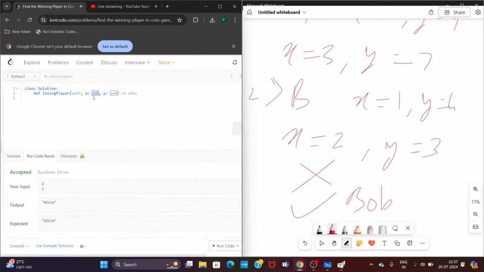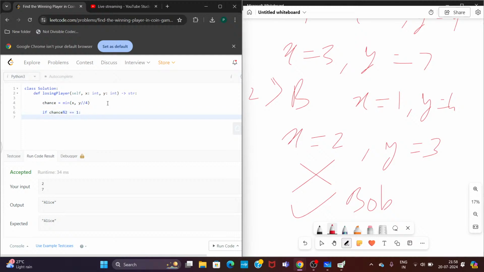In this second approach, we are taking max turns, or we can say chance equals to the minimum of x and y by 4. Okay, and if our chance modulo of 2